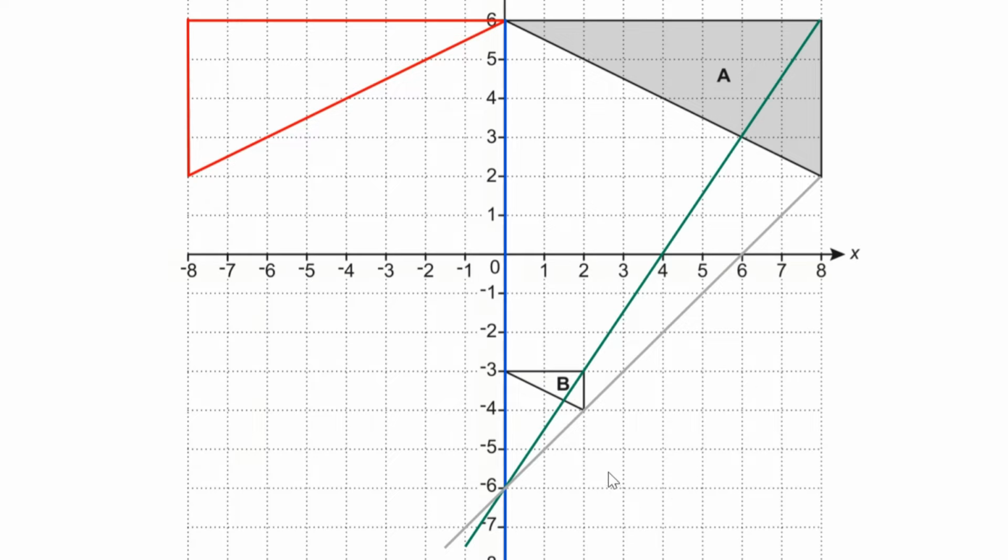So here are some of our ray lines. We've got our center here,